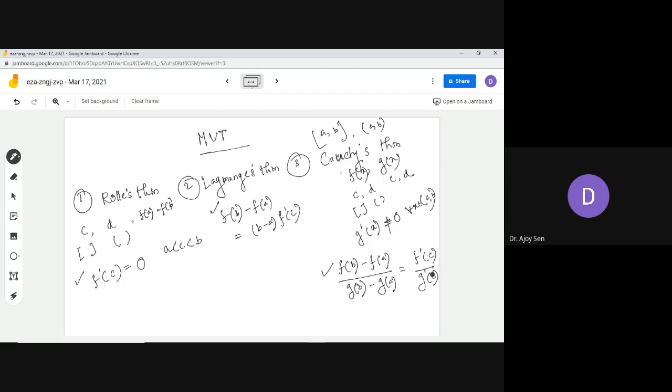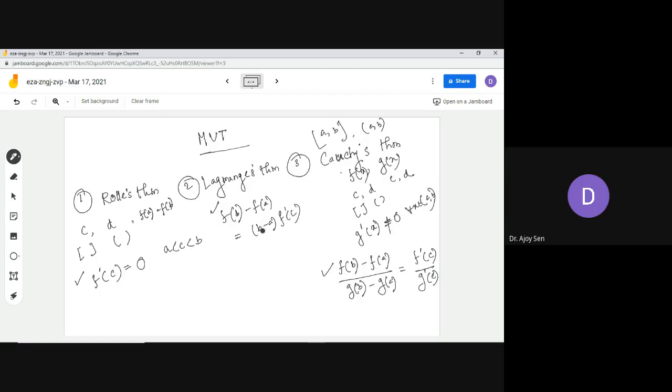So this thing happens. We just go through the proof, and these proofs do come in your exam, the proof of Lagrange's theorem and Cauchy's theorem. The idea of the proof is very simple. In Lagrange's theorem or Cauchy's theorem, generally we construct a function on which we can apply Rolle's theorem. This is the point of the proof: you have to construct a new function over which Rolle's theorem can be applied.